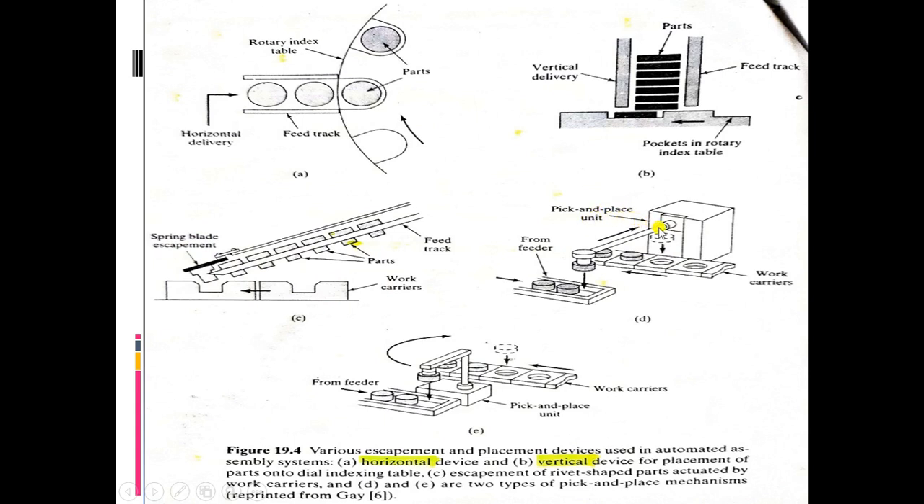This is a pick and place unit. This is the feeder. It will move like this. That means the pick and place unit will just reciprocate like this. It will pick the component, it will place it at this position, over here, and this work carrier will move from this position to the next position. So these are a few examples of